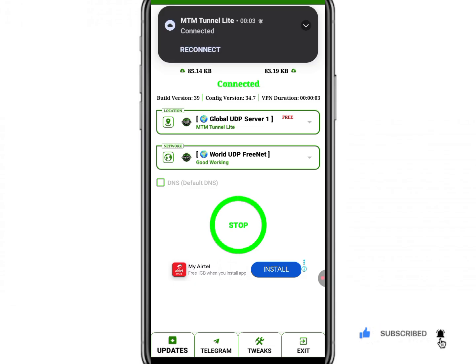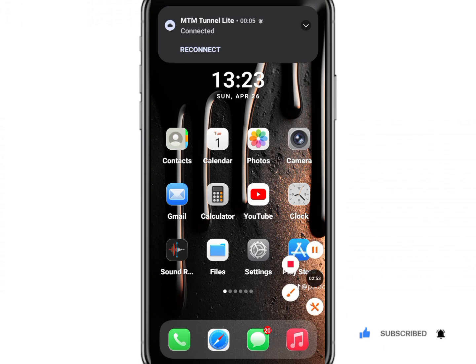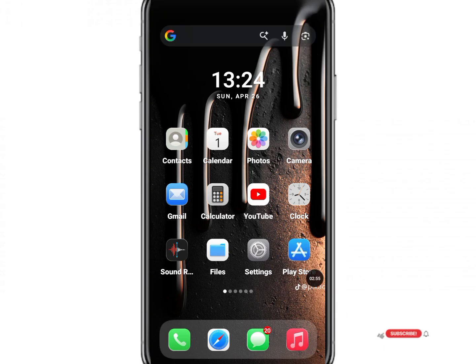Now, what if it fails to connect on your device? What are you going to do? If it fails to connect on your device, restart the application, reconnect again. Maybe you skipped the tutorial and missed out important updates. If you did all that and it still failed to connect, clear the update, clear the cache, restart your device,